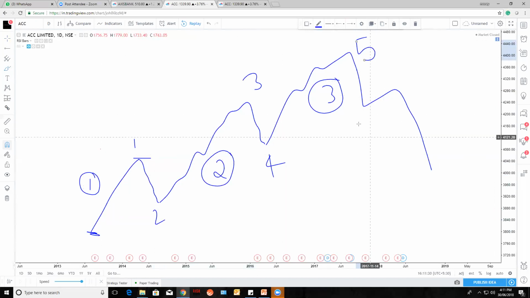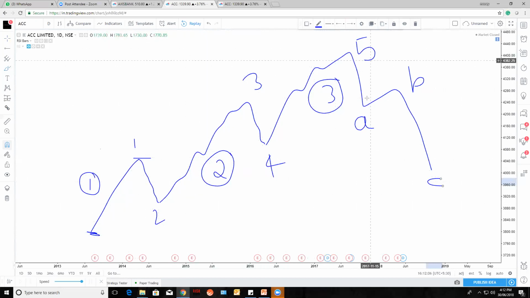And the correction he always named as A, B, and C. This is a wave, and this is a correction to the wave. This is a wave to the upside, and this is the correction. This is the uptrend and this is the downtrend. Uptrend, downtrend, uptrend, and downtrend. In a downtrend, it's again an uptrend and then a downtrend. So he named it 1, 2, 3, 4, and 5. From 0 to 1 is called wave 1, and 1 to 2 is called wave 2. Then wave 3, wave 4, and wave 5.